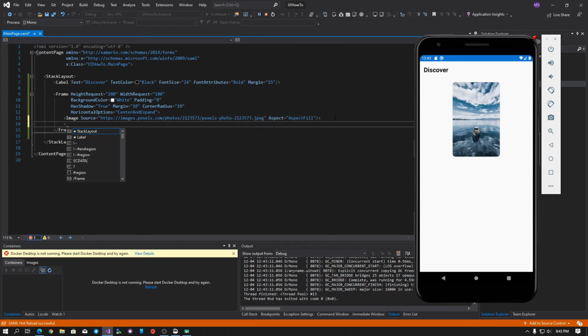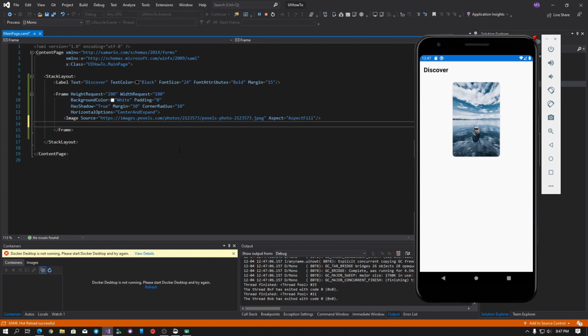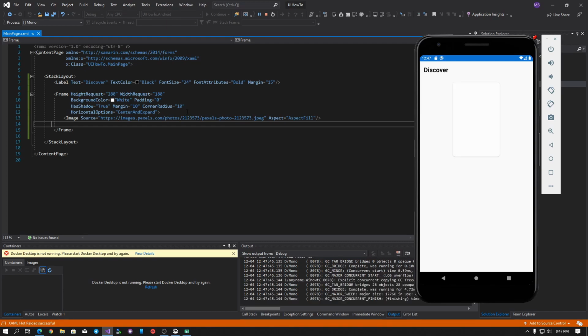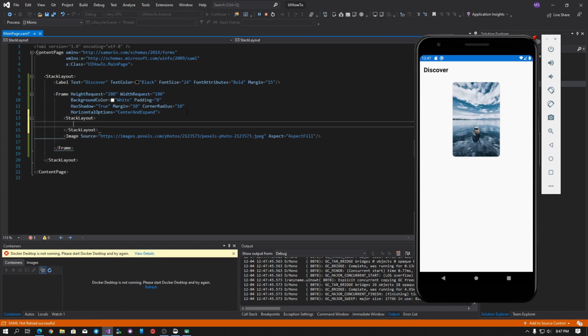So it's simple. We just need to add another thing below our image, and I usually make a stack layout, but it will complain because you set content more than once: you set an image but then you try to add a stack layout. But if you try to edit some other control like the image, I don't think it's going to complain. Yep, it's going to complain because, like I said before, you need to set inside the stack layout to have multiple controls. So we are going to wrap all these things inside the stack layout,